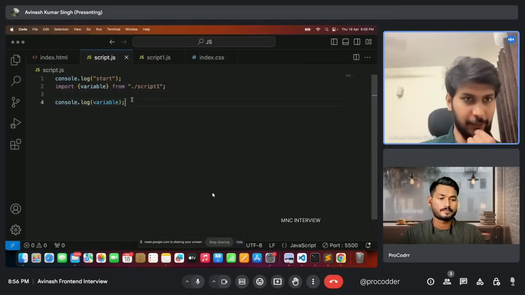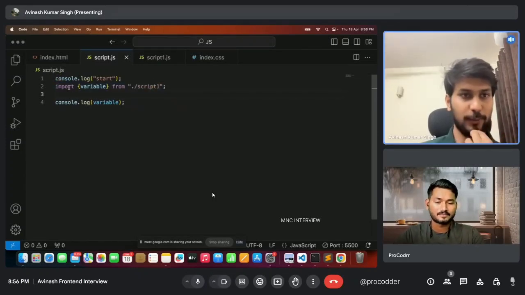Okay, that's a tricky one. We used to keep the import statements always on the top because we want to make things clear. Like JavaScript should import all the files before executing, or nevertheless JavaScript would do that.